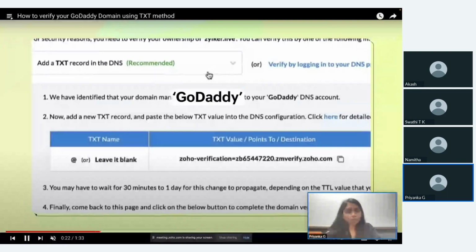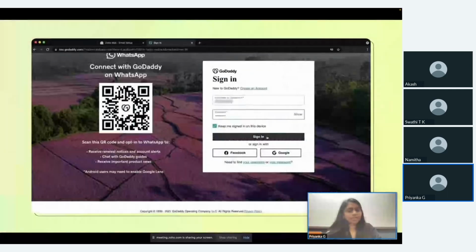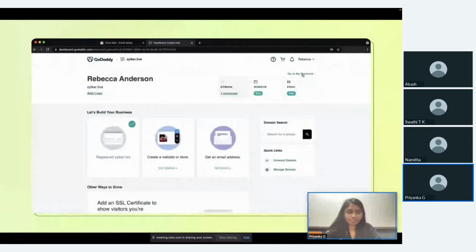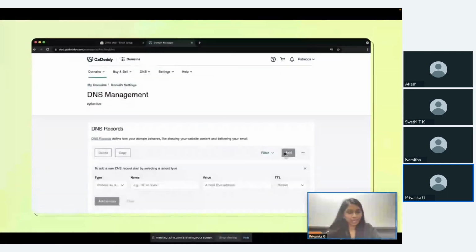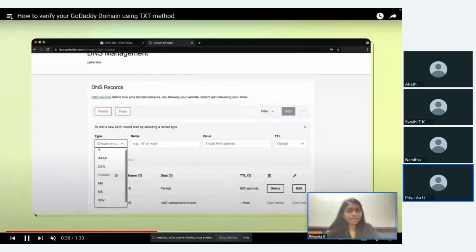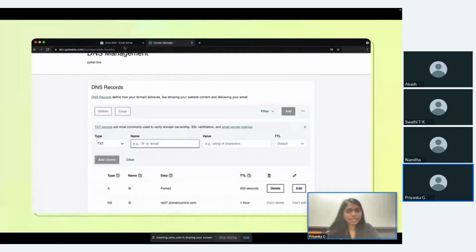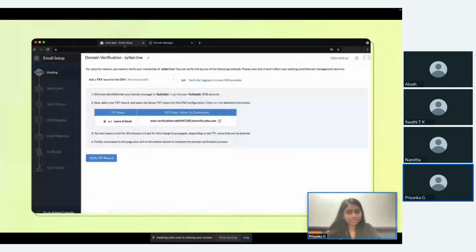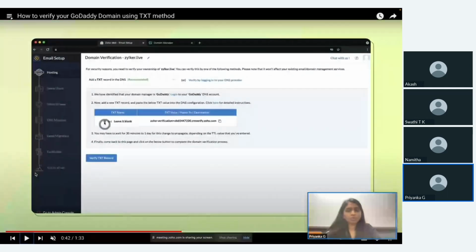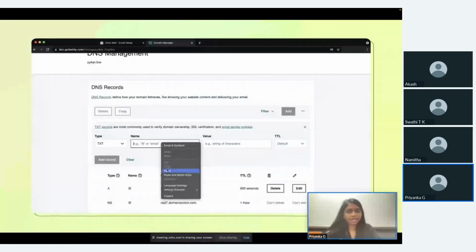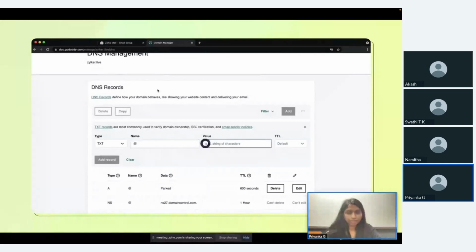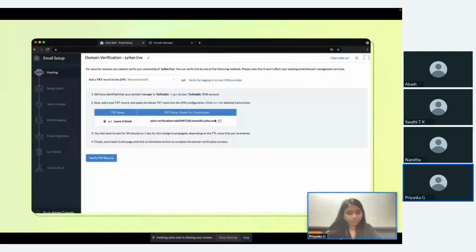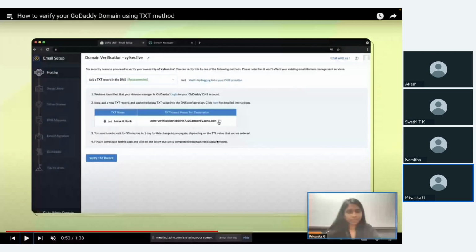There you can give in your credentials, sign in, and there inside you have to go to the DNS page and add your record. For you to add the TXT record, you have to choose TXT in type, and in the name field, you have to copy the name that is indicated for you to fill in on the Zoho Mail page. Copy that name field, go to your GoDaddy page, and paste it there in the name field. And then come back, copy the value that we have provided, and go back to the page and paste it